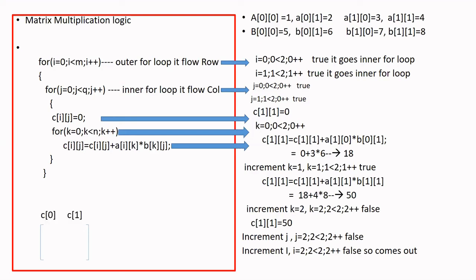So finally the resultant matrix we get is C of 0 0 is 19, C of 0 1 is 22, C of 1 0 is 43, and C of 1 1 is 50. So we'll see